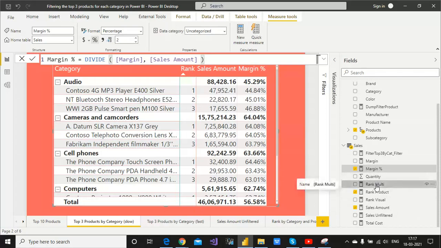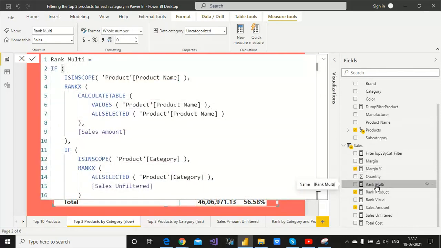Let's talk about the rank measure. For ranking products, you need ISINSCOPE on product name, and RANKX. We wanted to rank it. RANKX is calculate table, value product name, all selected, product name and sales amount.